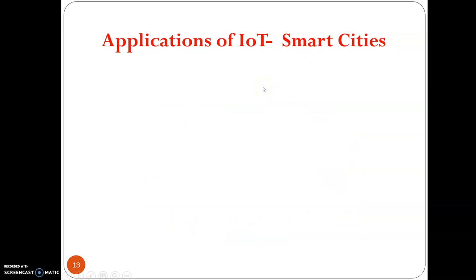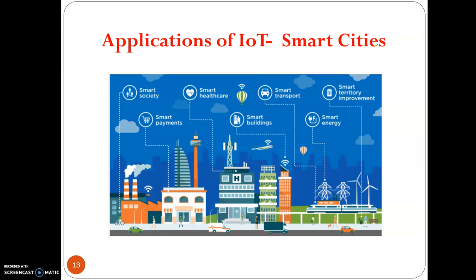The next application is the smart city. Now IoT has applications such as a smart parking system that provides the status update of the available slots of a parking in a mall or in a market area. If I go further, I can actually book that particular parking slot for a specific duration. That's how I am going to save my time.